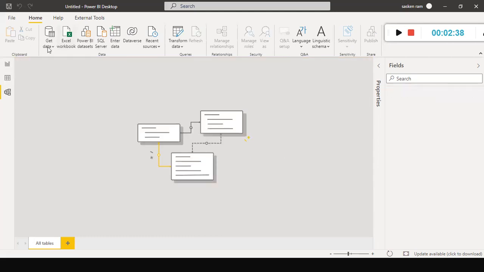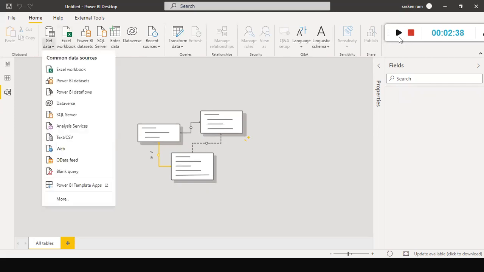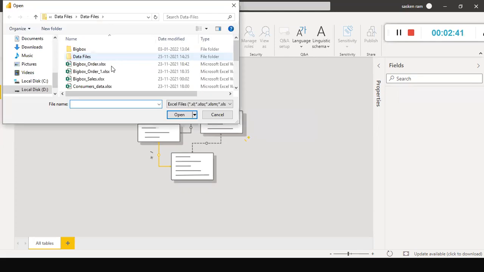Here I go to get data. Now let us load all the data files one after another.